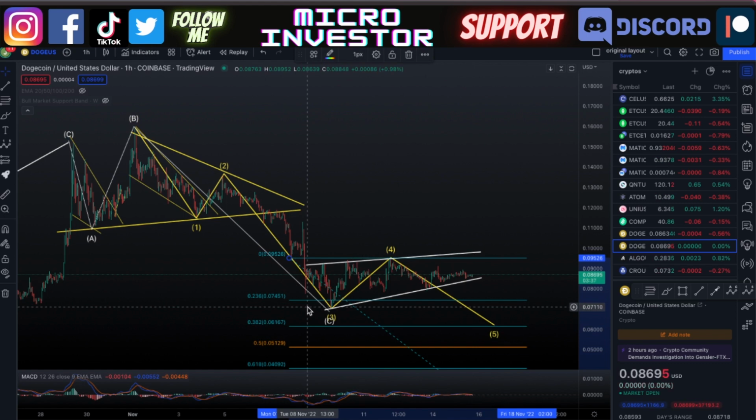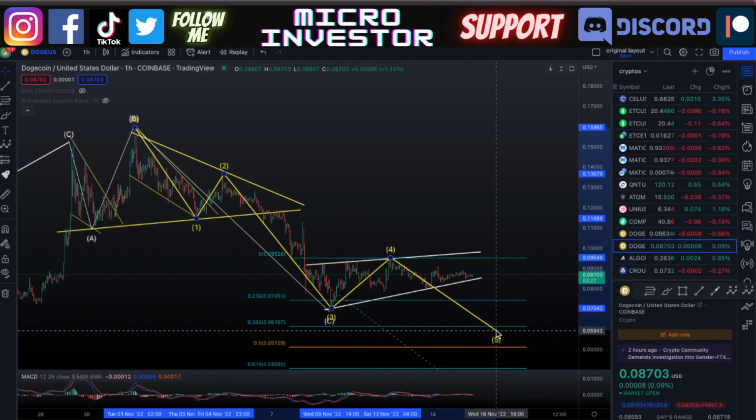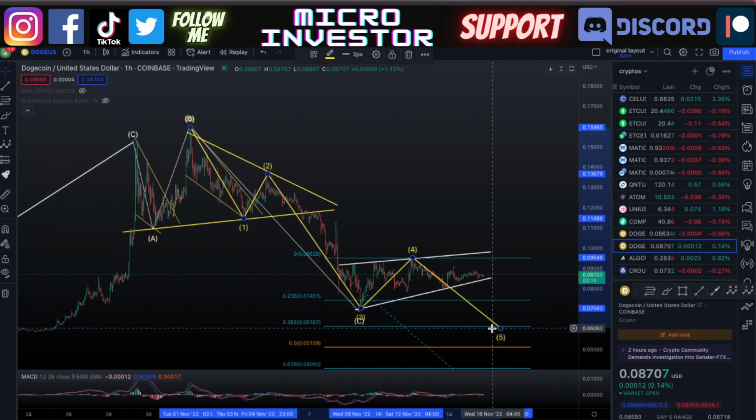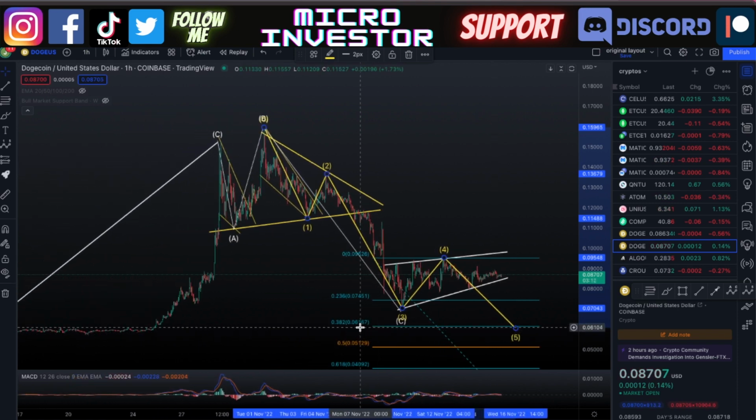So if I'm saying that it could come down to that 382 Fibonacci level, well, then that would put it at around the price of 6 cents, which is something that could easily happen. So we might be seeing it come somewhere within this range of this Fibonacci level, maybe a little bit lower, but I think 6 cents would be a possible price that it could be coming down to. And still, in that case, 6 cents is not as bad as it could be, because it could be going down below that 52-week low, which of course is still a possibility.